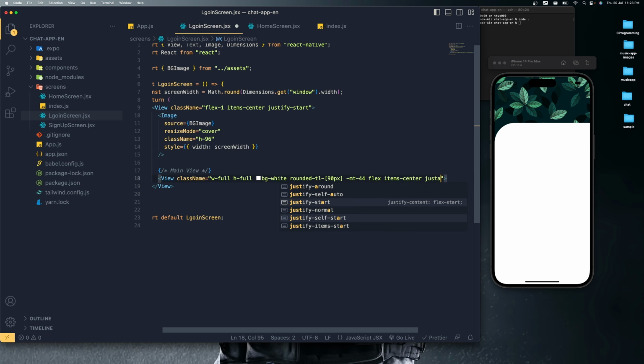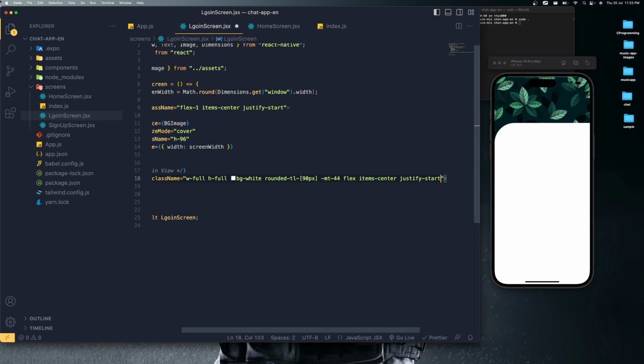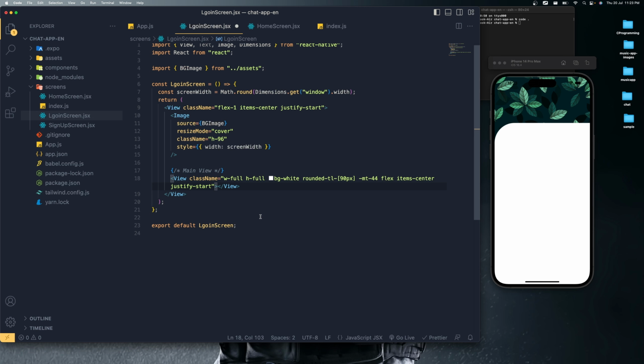It should be in the starting, justify start. Let me enable the word wrap so that you can see it clearly. All right, so then what I need to do is, padding py is going to be 6, and px is going to be 6. Save the changes, and the space between each and every element in between the screens is going to be